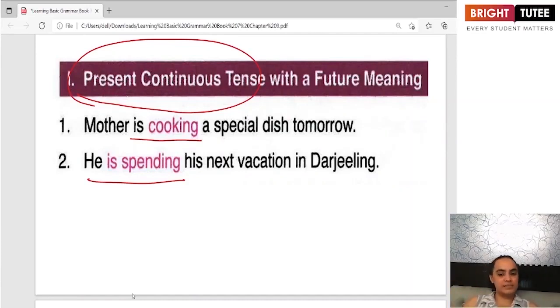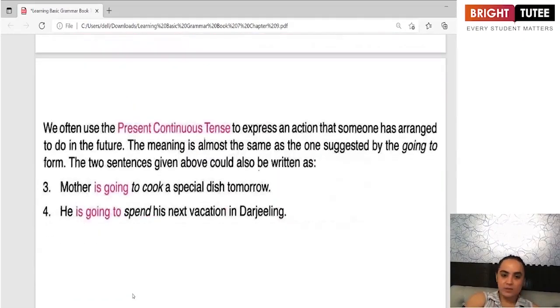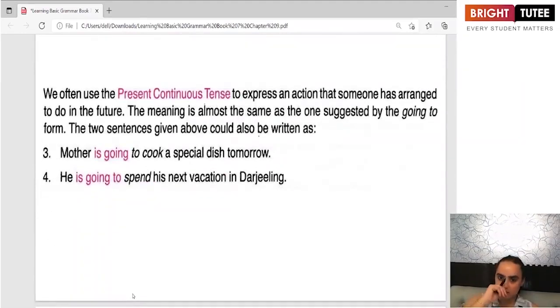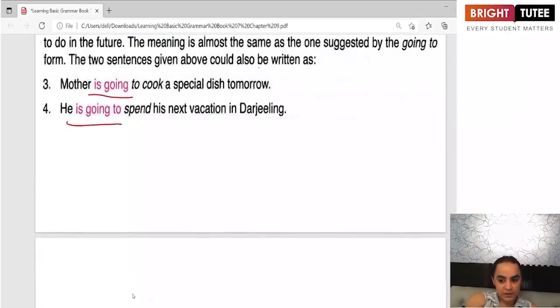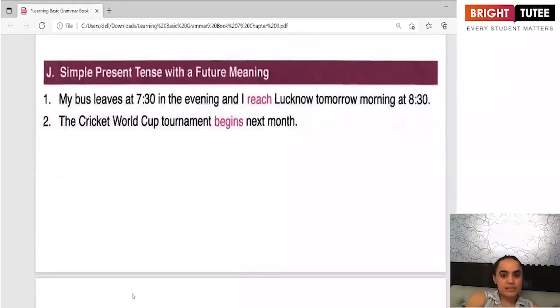So, this replacement can be made. Let us look at some examples so that it is clear to you. Mother is going to cook a special dish tomorrow. Rather than saying mother will be cooking a special dish tomorrow, I can say is cooking. He will go to spend his next vacation in Darjeeling. I can say he is going to spend the next vacation in Darjeeling. Similarly,